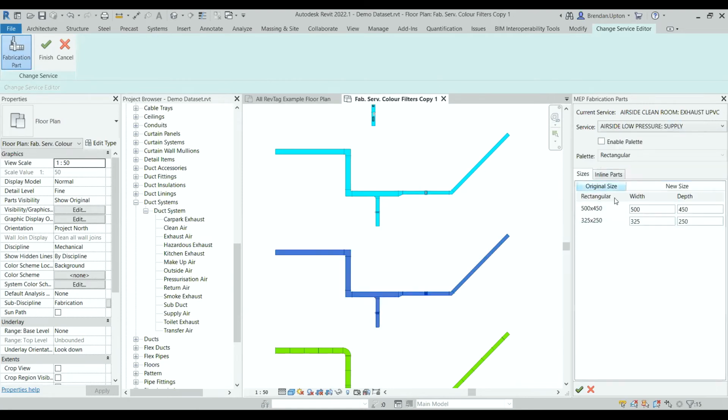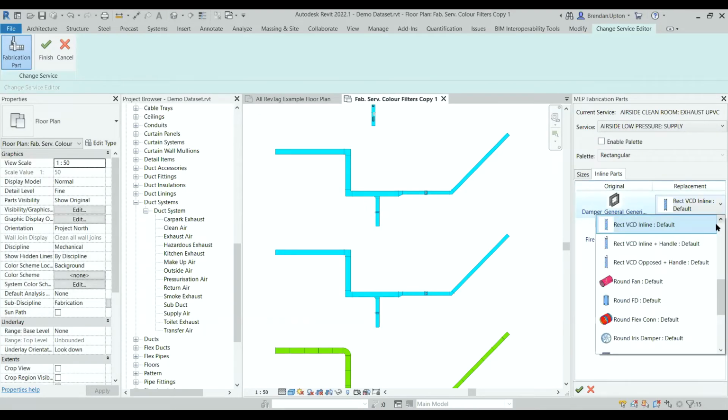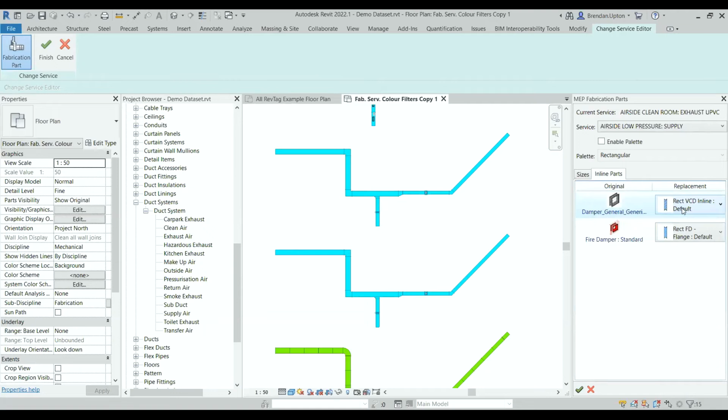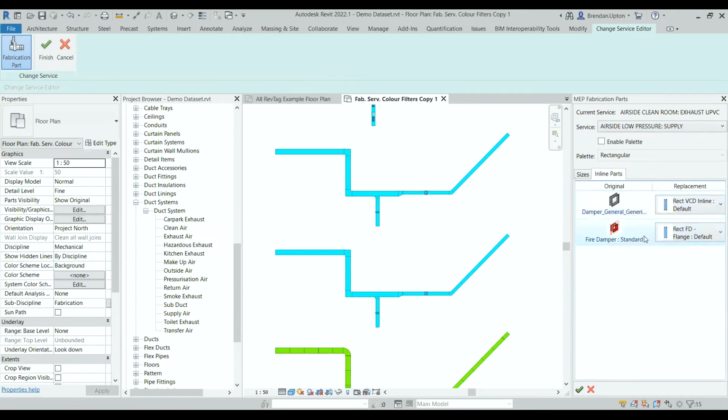But what you've also got the ability to do is, if there are any inline parts, I've got a damper and a fire damper here, it will see those inline parts. Firstly it shows you what the Revit family is, the original, and you can choose, if you want, to replace it with one of the fabrication dampers. So you can see here, I've defined it as the fabrication rectangular volume control damper for that general one, and the rectangular fire damper for that one. It will retain that and remember that when you do the next conversion as well. So if I click the tick on that,